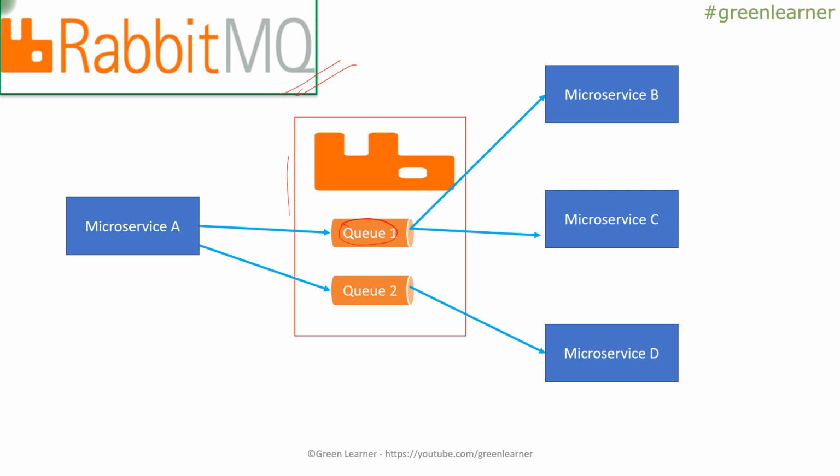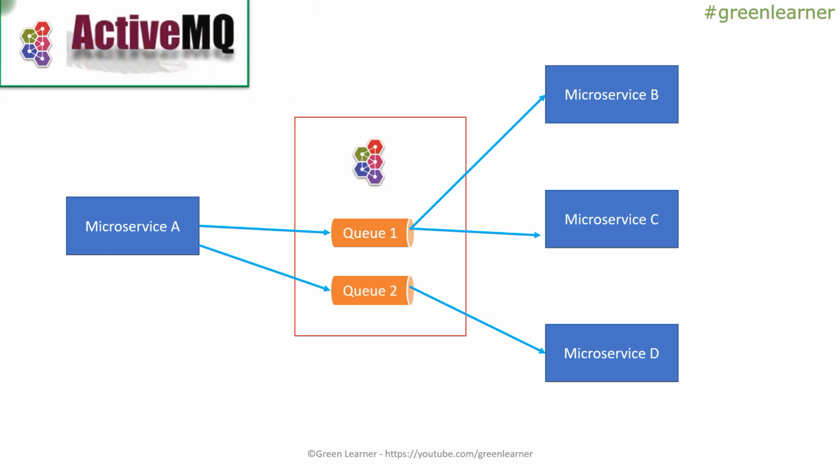This is just for general information that RabbitMQ can be used as a message broker. If you want to learn about RabbitMQ, you should jump to the official documentation. In future I'm going to cover RabbitMQ properly when we cover the demo. Coming to the next one, we have ActiveMQ. Like RabbitMQ, ActiveMQ is provided by Apache and can also be used as a message broker. If you want information about it, check out its documentation. In future, if I get time, I'll cover ActiveMQ as well.